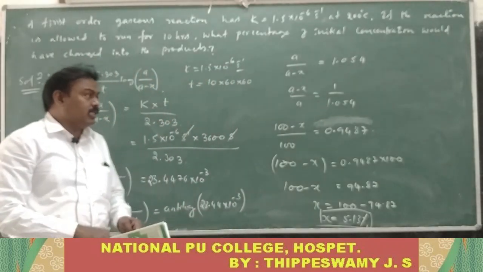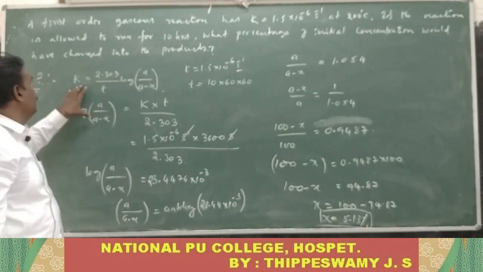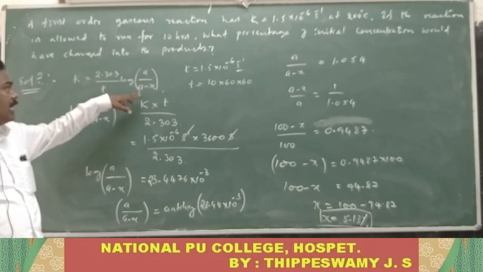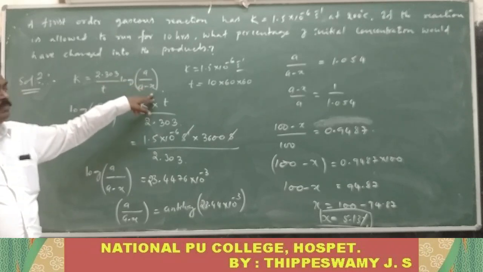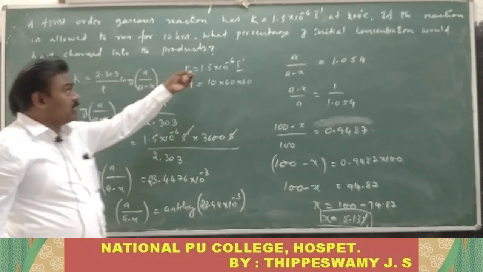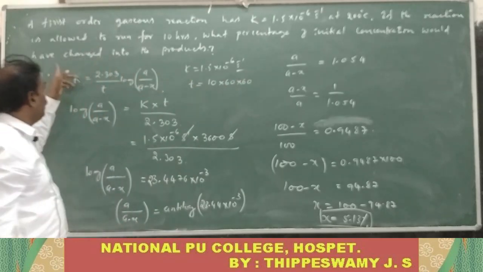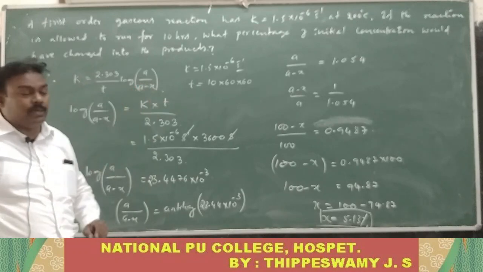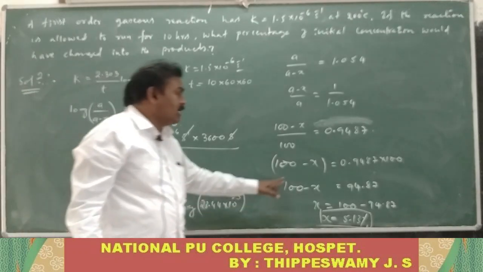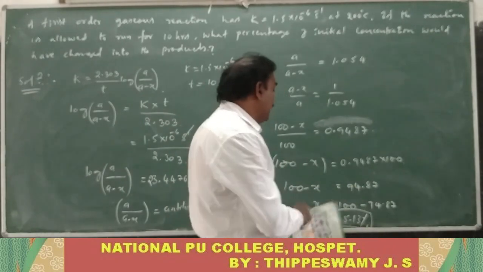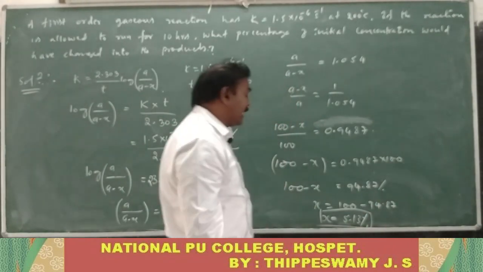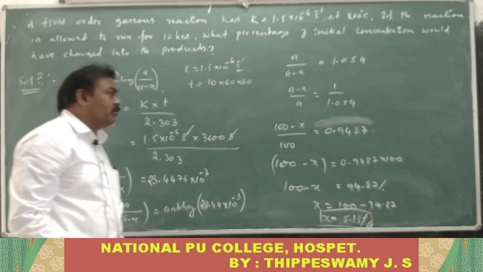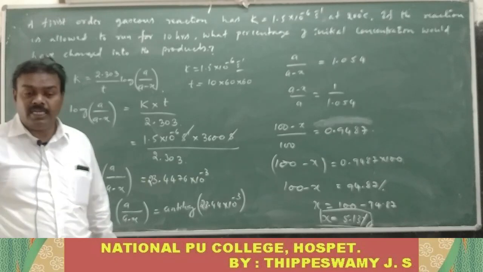Following? So this is one of the examples regarding first order reactions. Here you can find variables like A, or it may be X, or it may be A minus X. What percentage of initial concentration would have changed into the products means you have to find X only. How much remains unreacted means A minus X you have to calculate, that is 100 minus X, which is 94.87%. Or if they ask for X, the value of X will be like this only. So this is about some numericals based on first order kinetics.